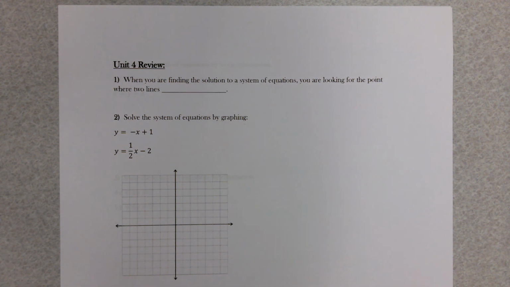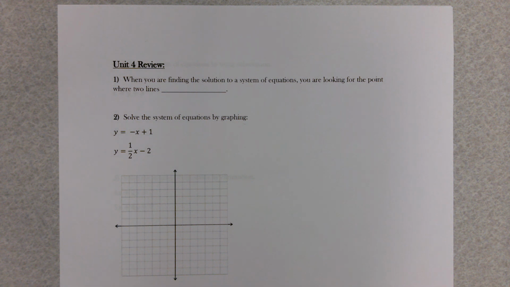If you have been following along all year, you may have noticed that we skipped Unit 3. That's just because there's not really a review. Unit 3 more or less is a review unit by itself because Unit 3 is applications and word problems dealing with all of the content from Unit 2. So there was nothing new for Unit 3 other than just the way we looked at and handled some situations. So no review for Unit 3 other than maybe your teacher gave you your own review or he or she